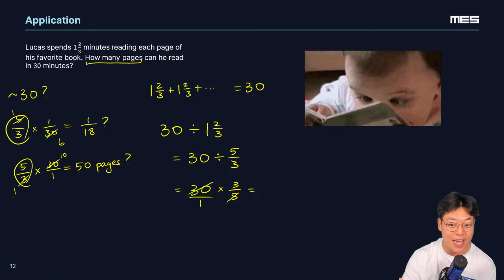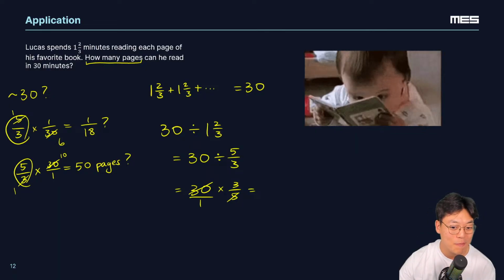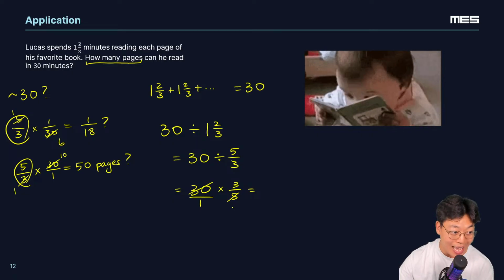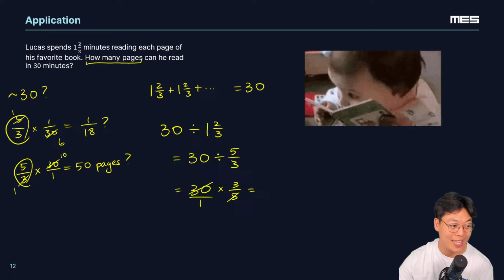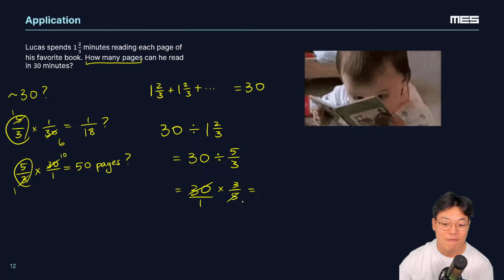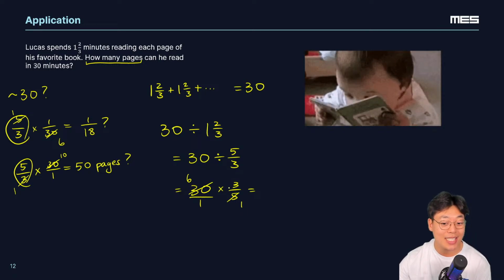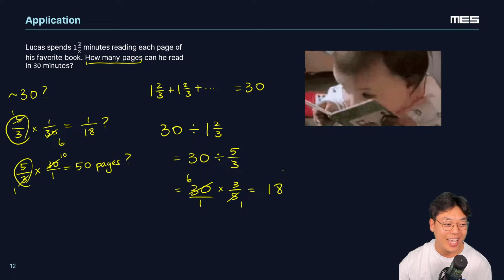So we can simplify before we get to the final fraction here. 30 and 5 are both divisible by 5, right? Sorry, this might have looked like a 6 because I canceled out already. I got you, Chloe. Great, Max. 5 divided by 5 is 1. 30 divided by 5 is 6. So now we have 6 times 3 over 1 times 1, and we have 18.